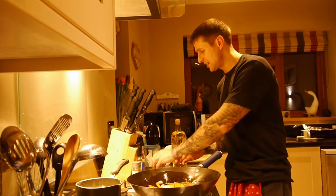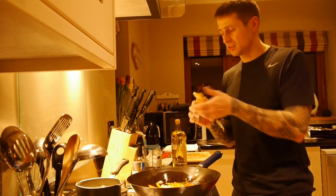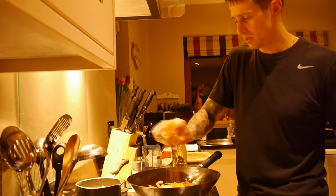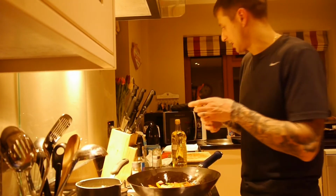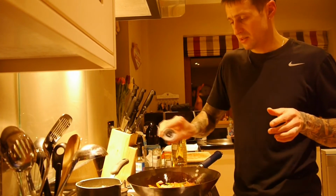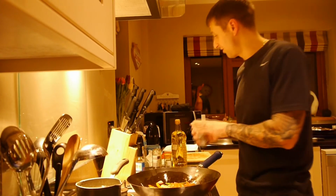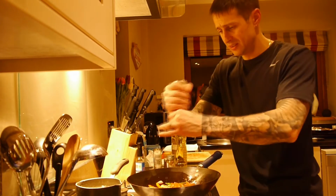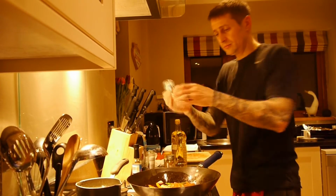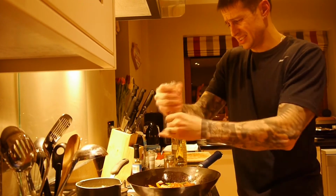So my extra seasoning is going to be some ginger. Like I say, if it was fresh I'd have put that in with all the other bits. I'm just using some powdered ginger, that goes in nicely. A little bit of chilli. Okay, same again, I would use a fresh one if I had any left, but I've used more on other dinners. Bit of pepper, bit of salt,